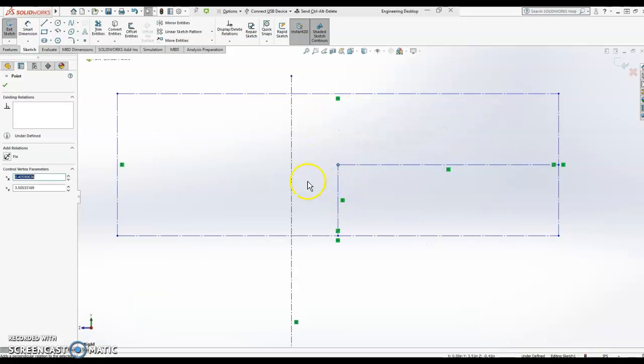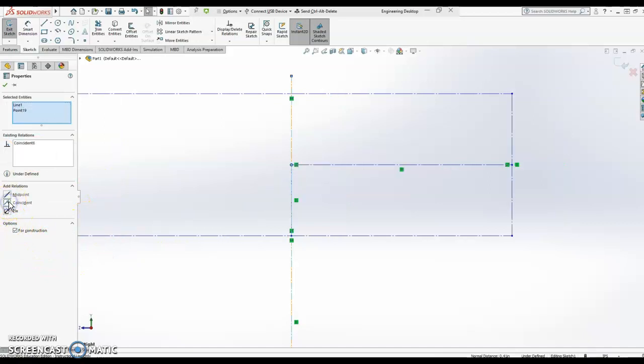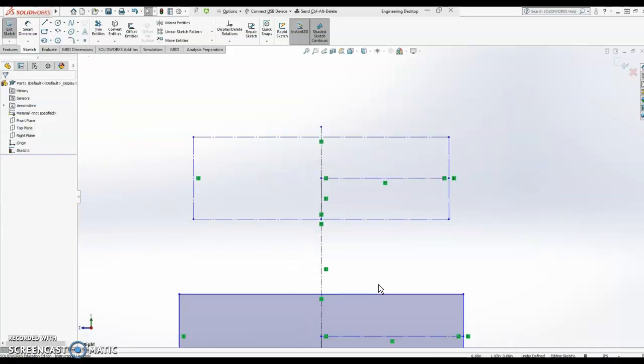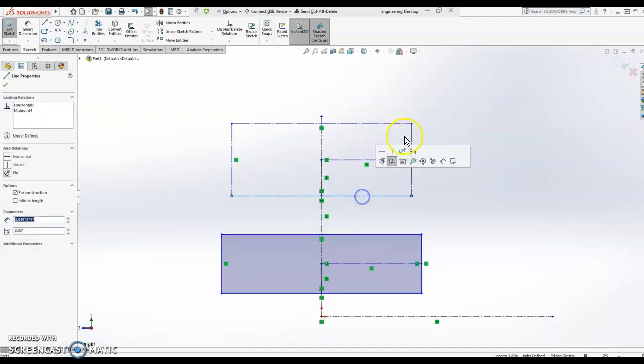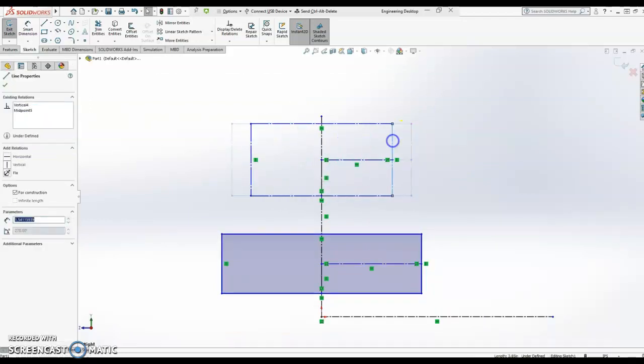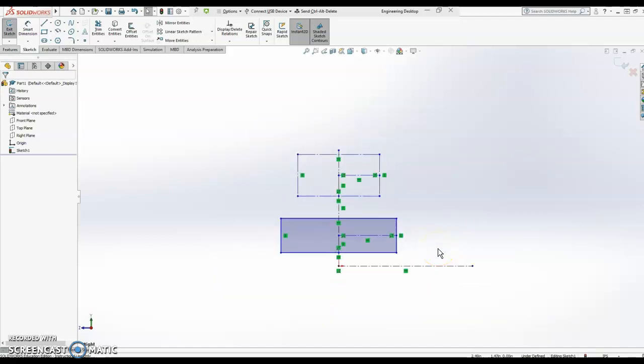I will grab that point, hold Control, grab my center line, and make them coincident. So there we go. It flies into place, and then once again, just like the other one, these dimensions are now centered around the middle. And there's a couple different ways that you can do that. That's just the way that I'm going to do it here. Okay, so now that we've got those into place,